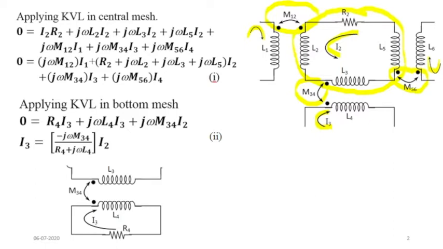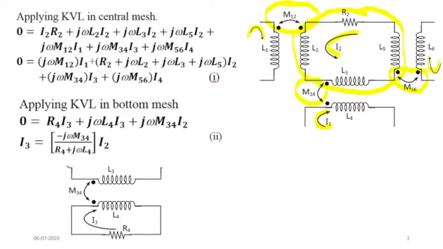Now before we apply Kirchhoff's voltage law, it is important to find the status of M, or the mutual inductance, whether they are positive or negative. There is a thumb rule in order to determine the status of M. If current I1 is entering the dotted end through L1, and the current through L2 is also entering the dotted end, and the mutual inductance between them is specified to be M12, then in that case M12 status is positive because both the currents I1 and I2 are entering the dotted end. So M12 is positive here.